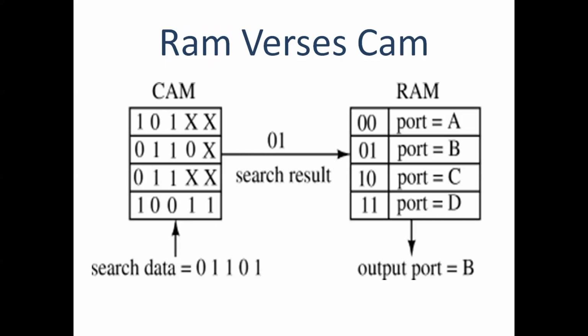And this is a small diagram showing the internal operations done by the CAM and RAM. Here the search data is 0, 1, 1, 0, 1. As we all know, computer language only understands 0 and 1, zeros and ones, so I have given an example of that. And coming to the RAM, the output part is equal to B. Every two adjacent elements are compared with the other memory address locations, and it will give the output as we require.